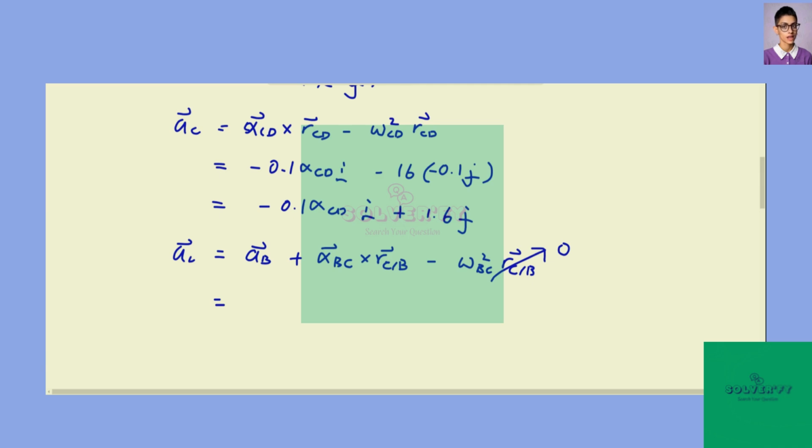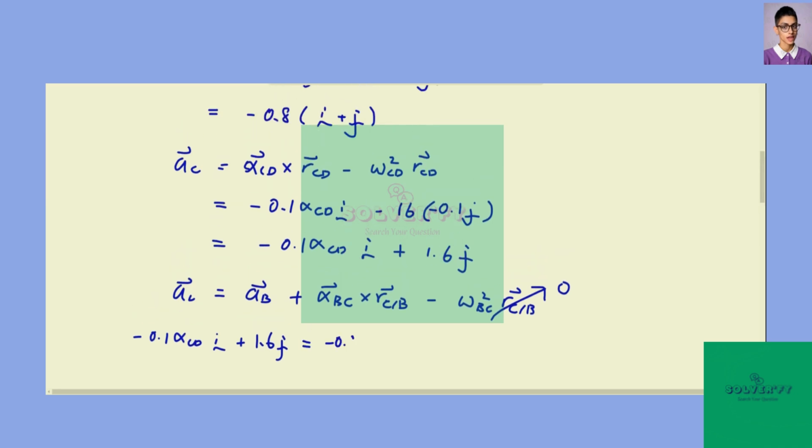So we can start putting the terms together: 0.1 alpha CD i plus 1.6 j is equal to AB, which is minus 0.8 i plus j, and then alpha BC